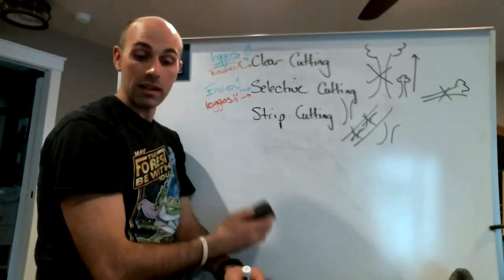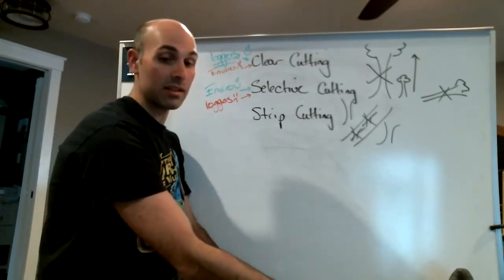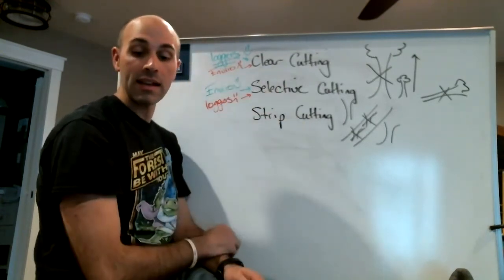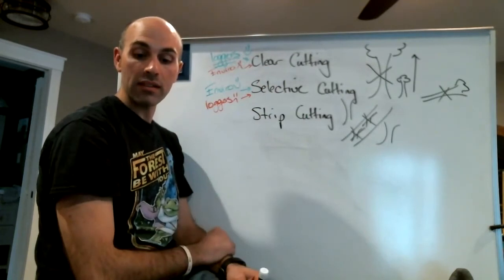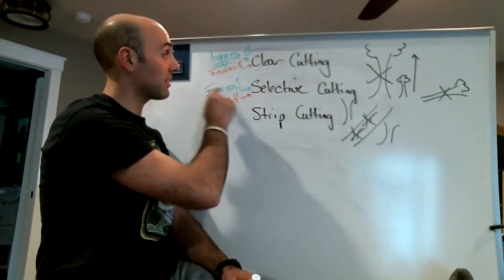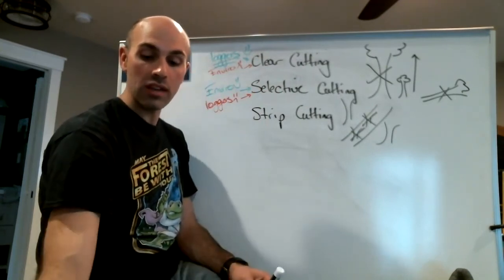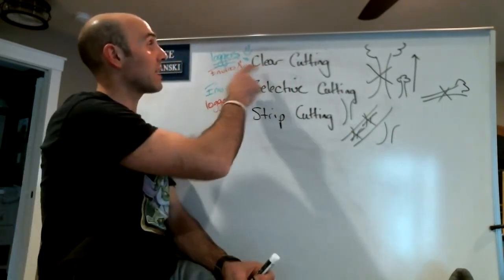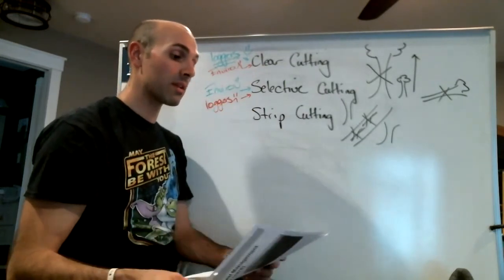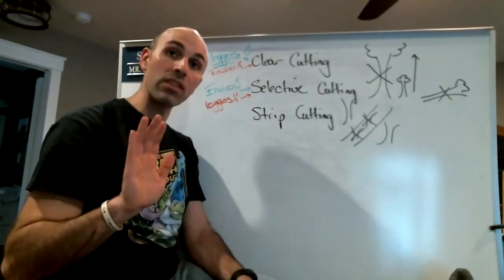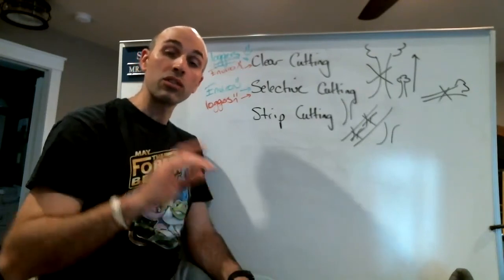So we just covered 5, which method is the easiest for the log companies? That's clear cutting. 6, which method takes the most time and funds? That's selective for the loggers. And 7, which method is the most dangerous for the environment? That's clear cutting, worse for the environment. So we are going to stop with this one. This included questions 1 through 7.